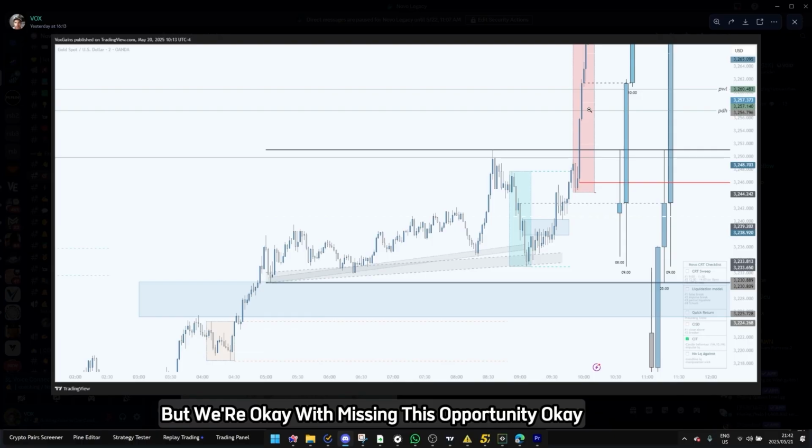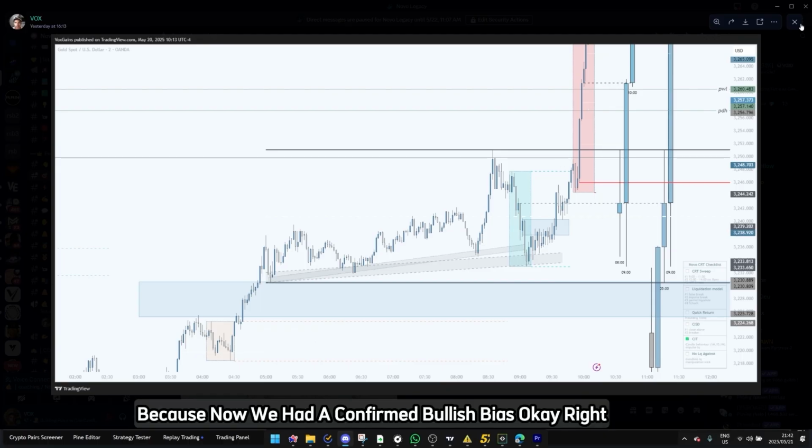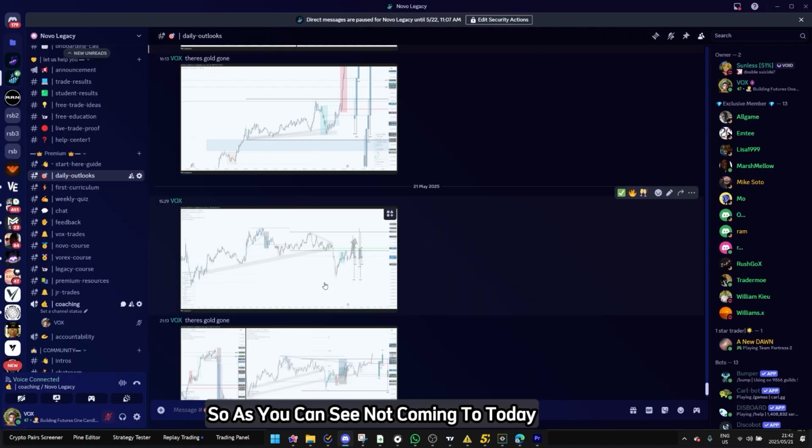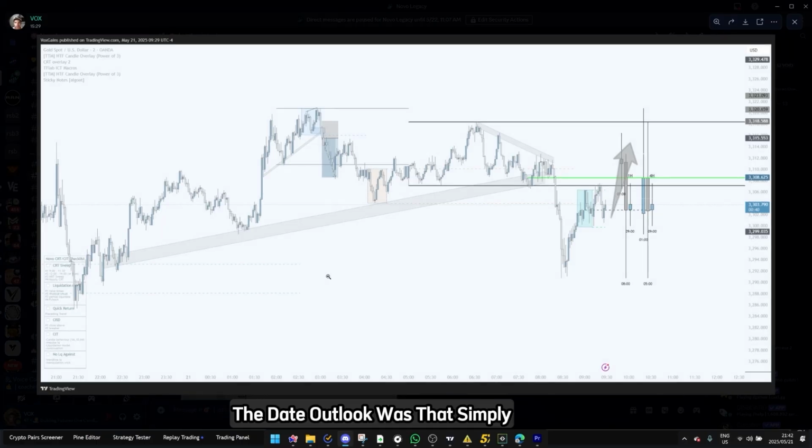But we're okay with missing this opportunity. Obviously, we don't want to just rush into position. We instead use this to enable us to take today's trade because now we had a confirmed bullish bias. So as you can see, now coming to today, the daily outlook was that we already have created this